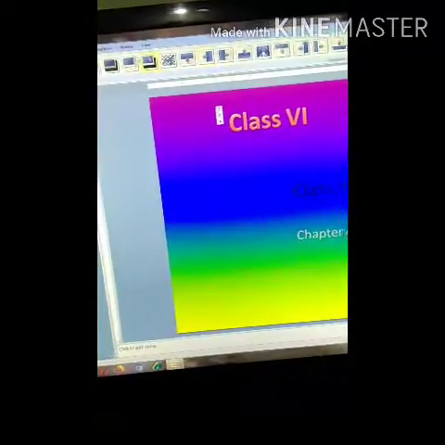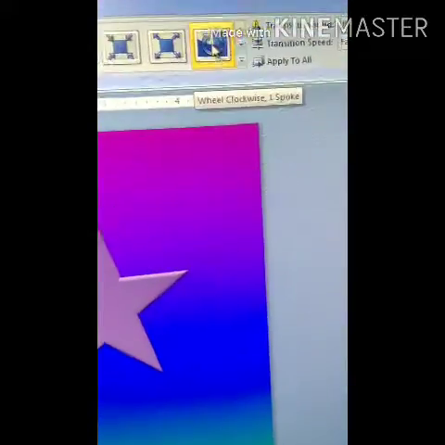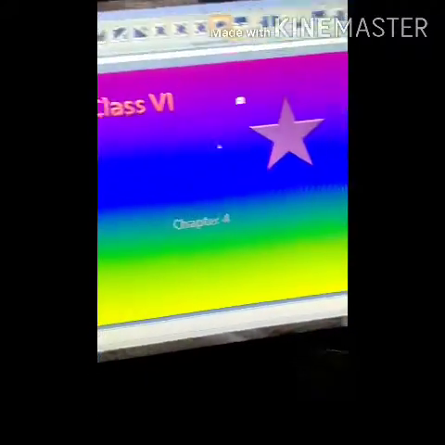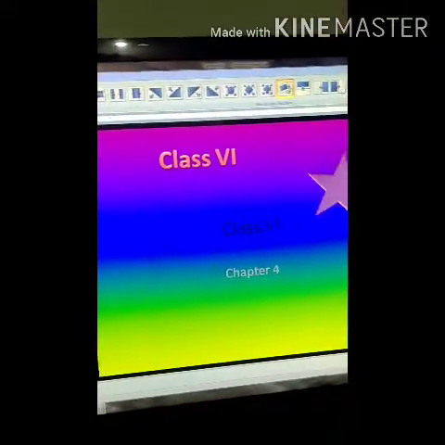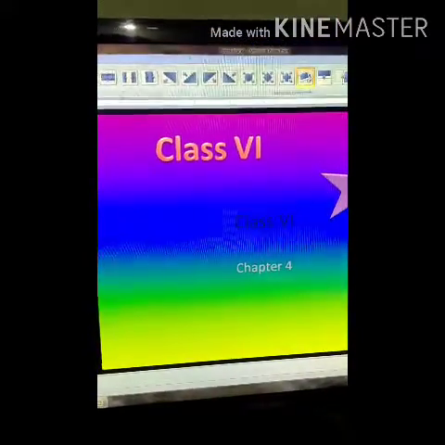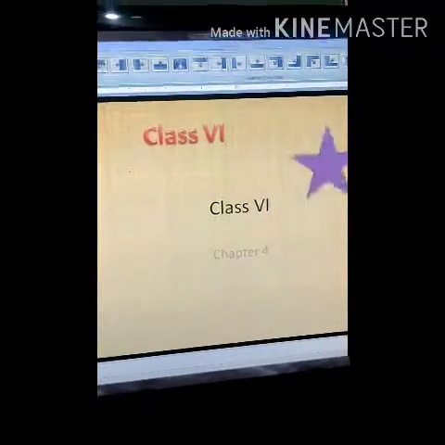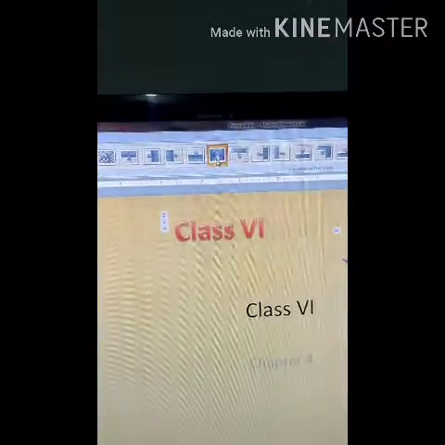Suppose this one. Here for more, click on this button, and after this I have selected this one. So we will play this. This is the style I have given in this slide, and in this slide we have to give a different type of slide transition.